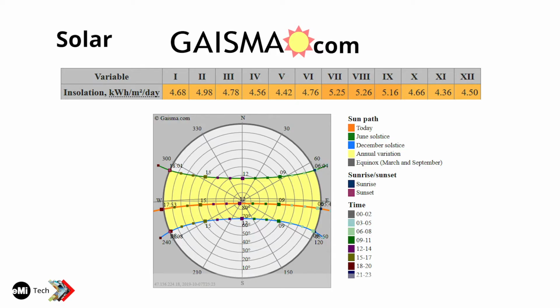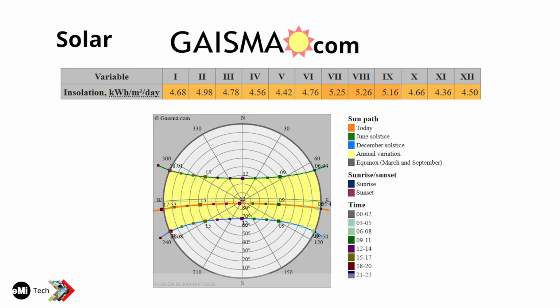This is called a sun path. I'm not going to go into these in complete detail, but the primary way I use this is that it gives me the altitude angle, which is the angle from the horizon up to where the sun is hitting at any given point in the day. And between 8 and 4, remember on that last graph, if you can get all the power between 8 and 4, you've got the majority. So you want to make sure you're not getting shading during those times.